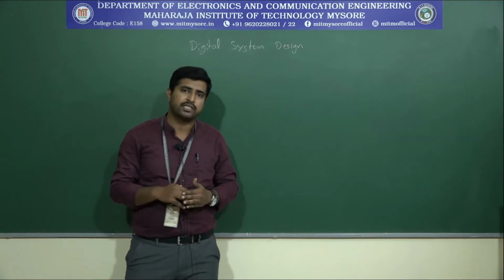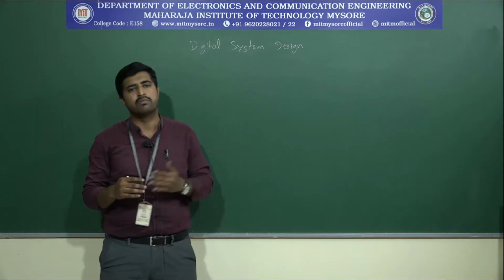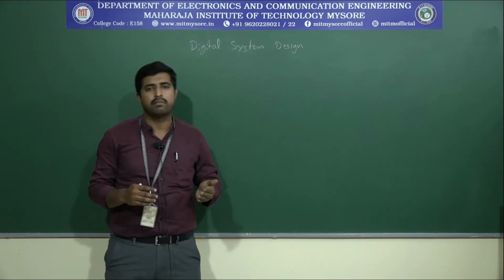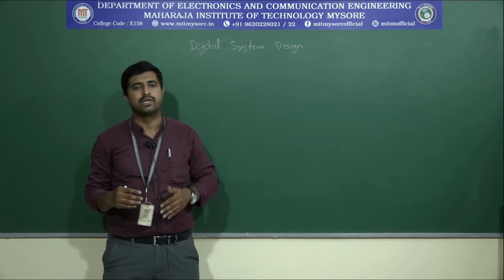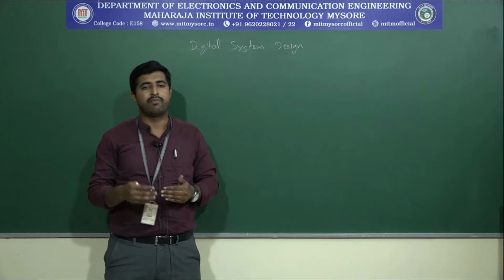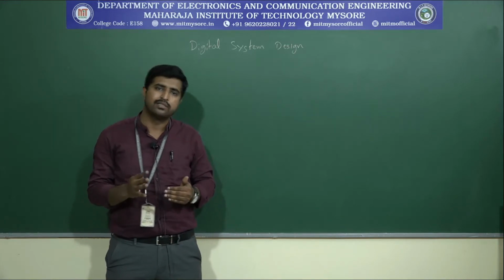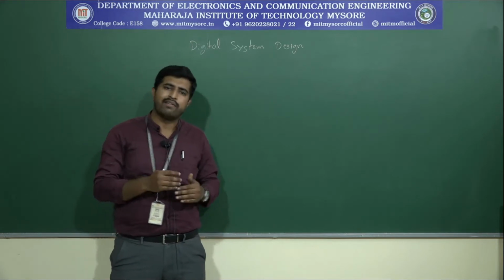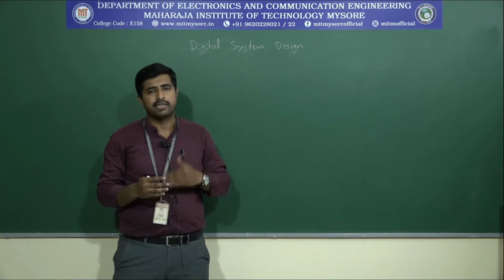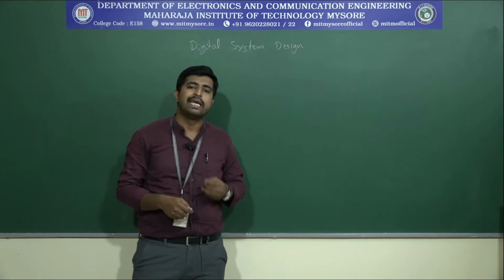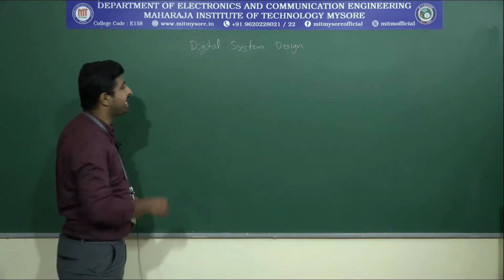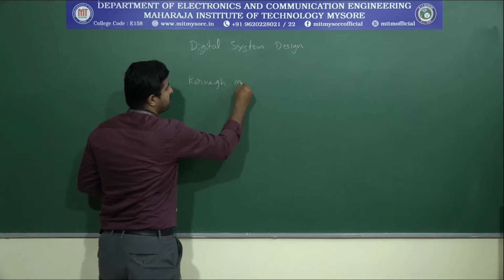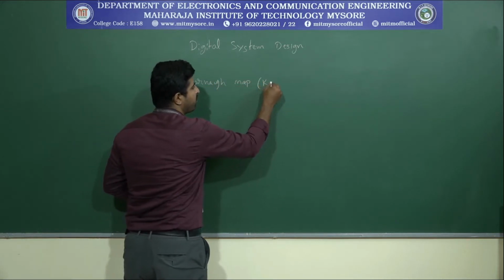For simplification we have to use the Boolean theorems or Boolean laws. But when you simplify using the Boolean laws or theorems, the process is very lengthy, and if you make any mistakes when taking the variables, that carries through to the last expression also. So do we have any other systematic method? Yes, we have another systematic method, which we call the Karnaugh map technique, or simply the K-map.